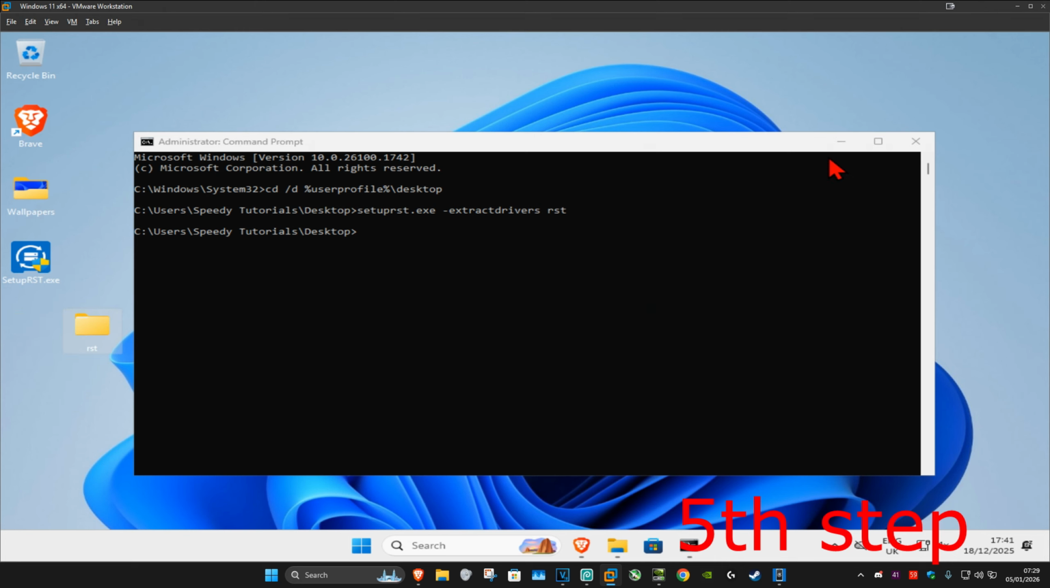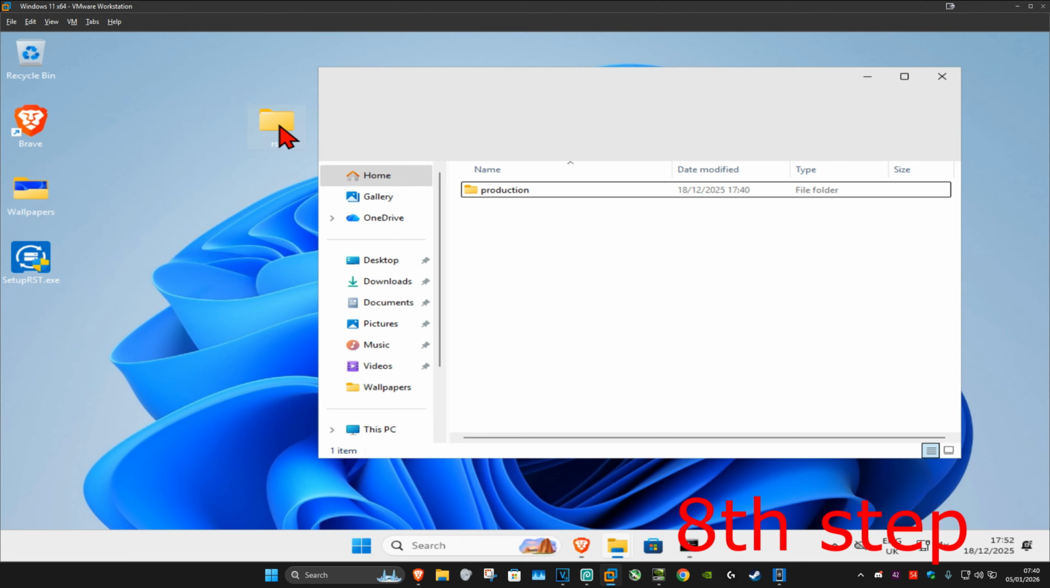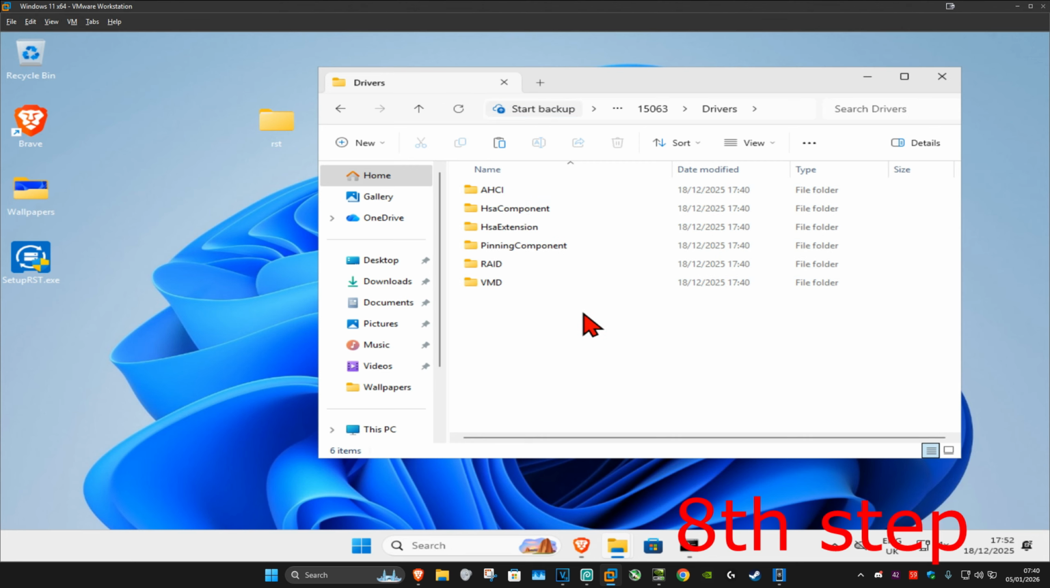We need this folder. And now once you have this folder, for the next step, you want to double click on it, and then open up production, open up Windows 10 x64, open up 15063, open up drivers, and you want to find the VMD folder. Now once you find the VMD folder, you want to right click on it, copy,